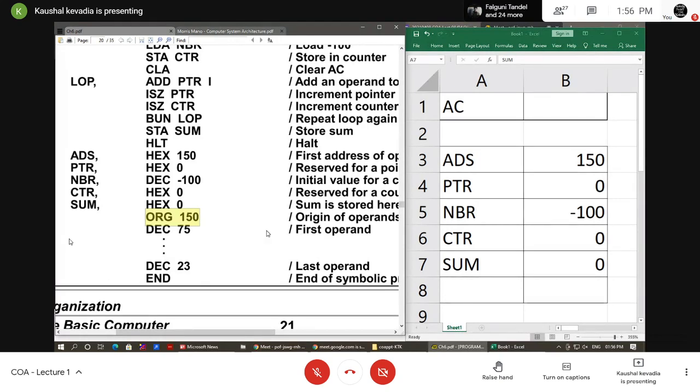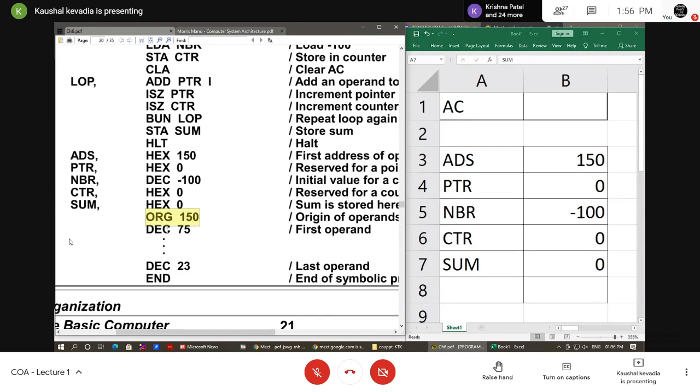My first operand's address is 150, so what will be the address of the last operand? Are you getting it? What is the address of my last operand? I have a total of 100 operands.